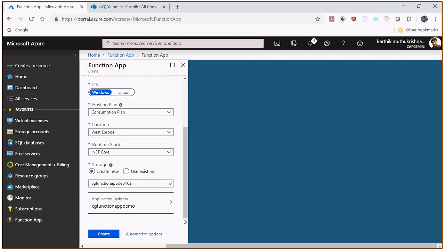There are a lot of options here. If you see, we can use .NET Core, Node.js, Java, PowerShell, etc. So I'm just using .NET Core as the runtime. When I select .NET Core, you can run anything like C# code, which works on Linux as well as Windows. But since I have selected Windows, Windows operating system based functions you are supposed to write, and I don't want the application insights,